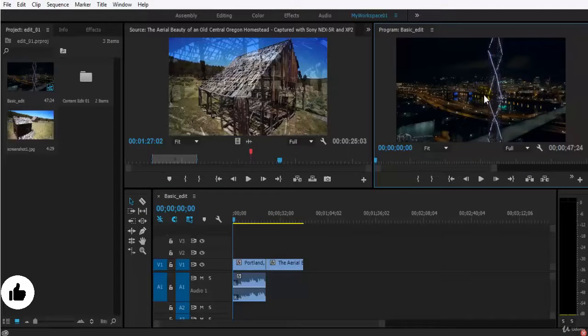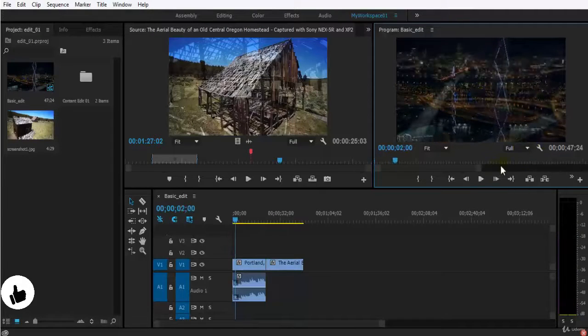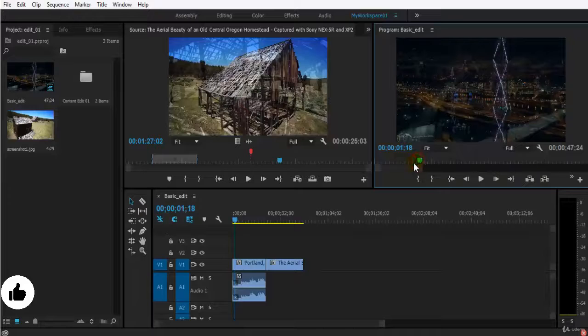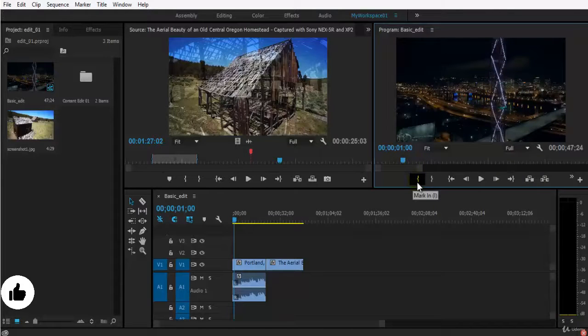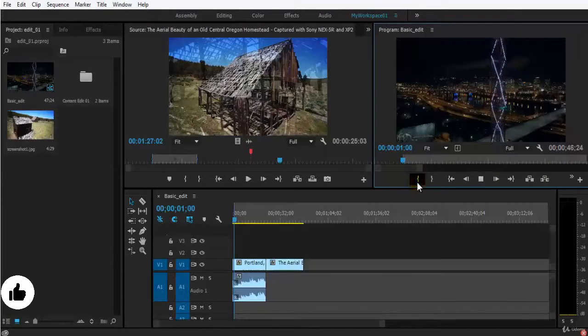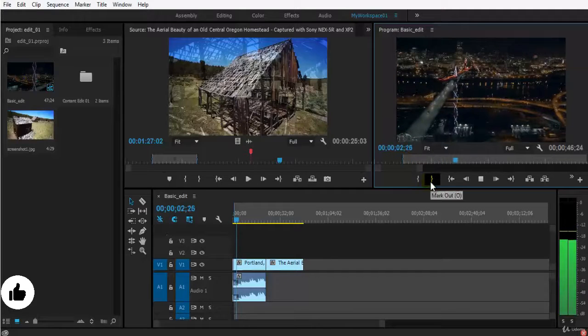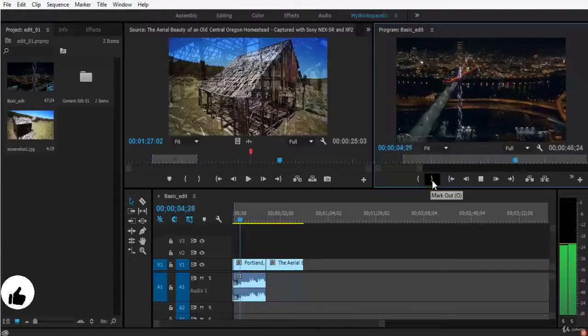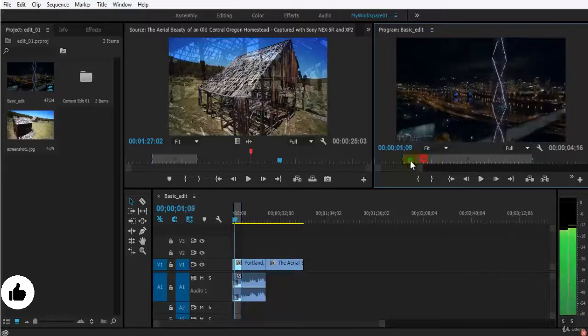And as I said, plus means zoom in, minus means zoom out. You can do the same by scrubbing it from here. Now, for example, if you want to have an in mark here, so now